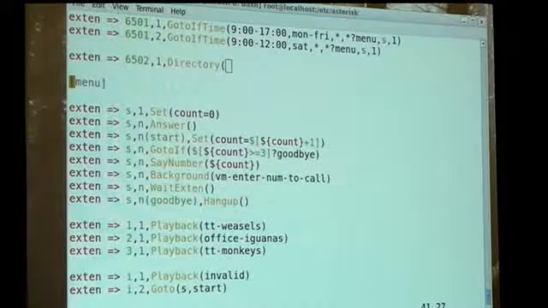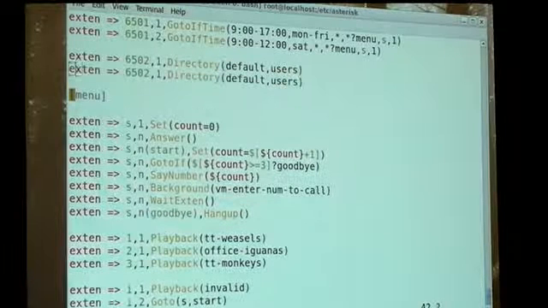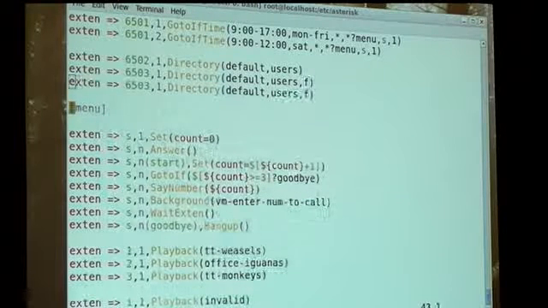Now directory, we need to give it a couple of different parameters. First of all, we need to tell it which context in the voicemail.conf file do we want to go look at. In this case, default. The second parameter is if you find a match, where do we go call that particular extension? Well, that's in users, like that. Okay? And I'm going to actually make a couple of different versions of this,